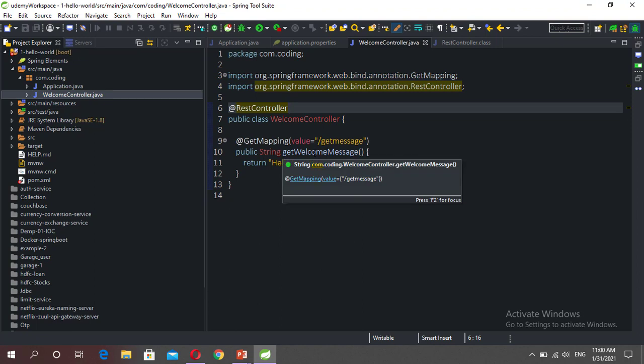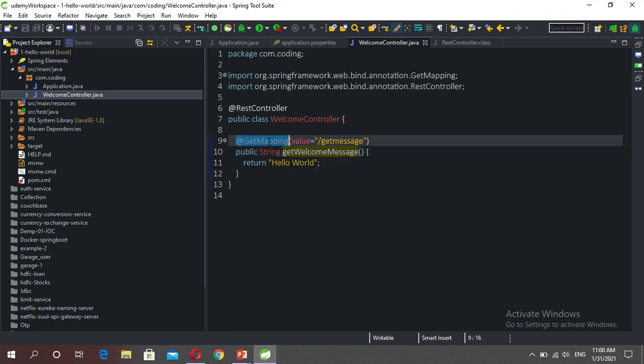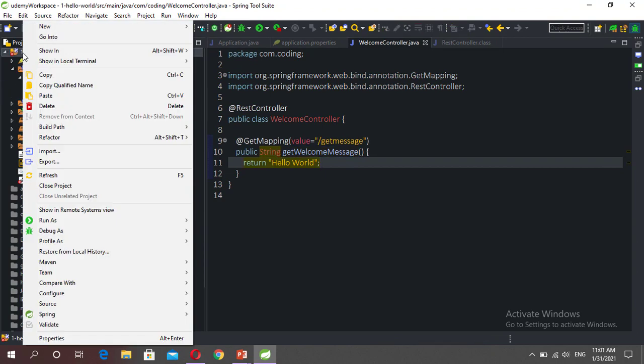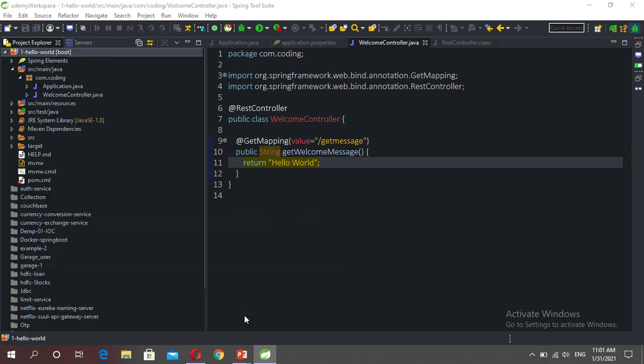This is our business method. This method you need to access, so it is a GetMapping. We configure it as the get-message endpoint, and this method returns Hello World. Just right click on this application, Run As, Spring Boot App.